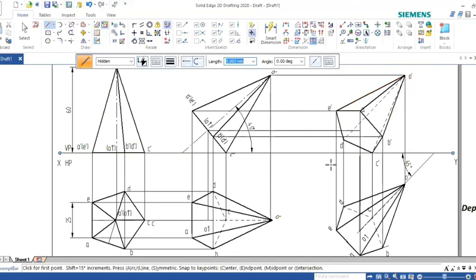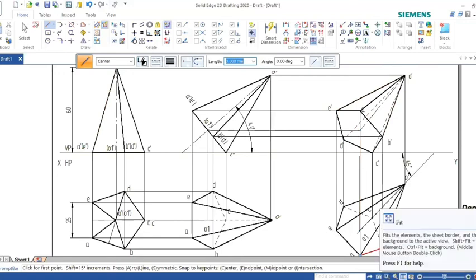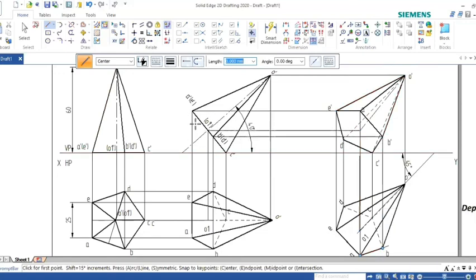Okay, now you have drawn ABCD, and also you have to show the axis line. Axis line you can show here. Center line you select, go from here to here, draw axis line. Okay, now you have constructed the sixth step, axis line. Okay, you have drawn front view. Now this is how you are going to solve this problem by using software, and also I'll explain how to take base side inclination to construct in the manual drawing.